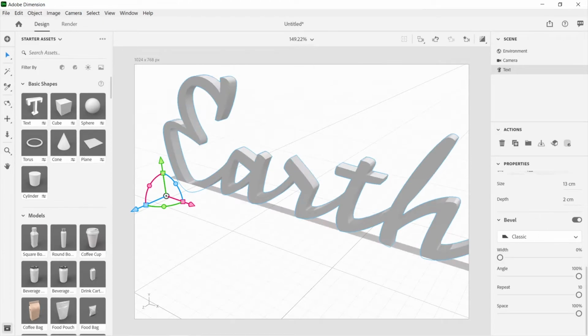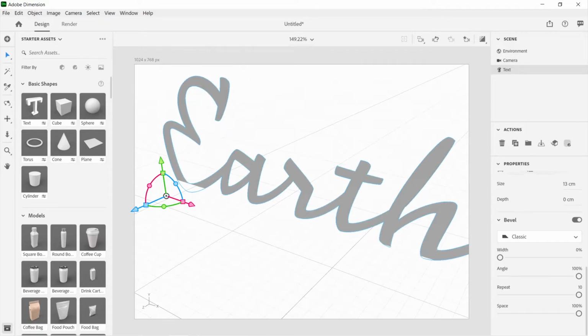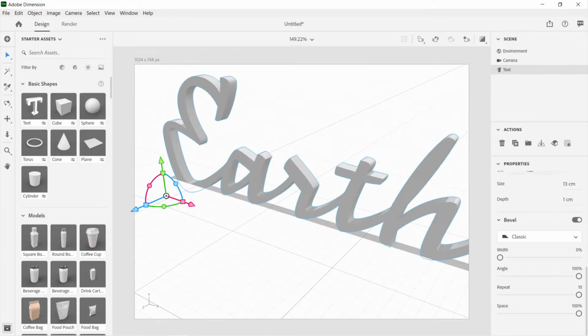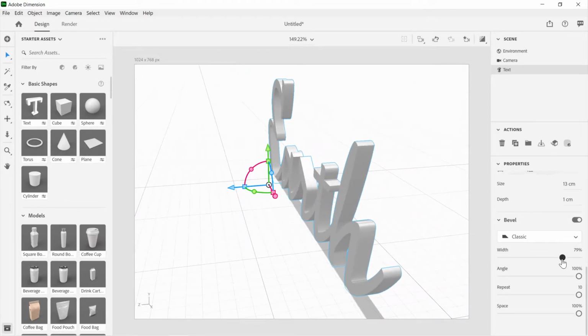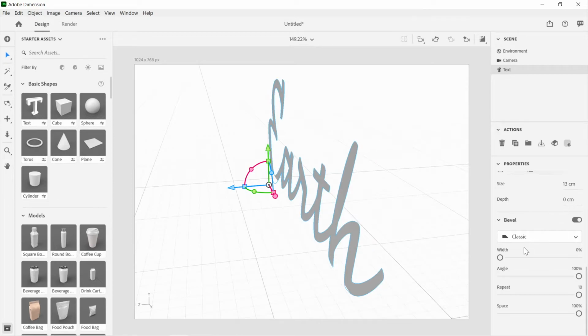So if I do depth 2, this is like a fundamental thing, depth 1, and then we do width. Wait, is that not changing? Why is that not changing then? It changed when I was at 0. Oh, no, it didn't. Oh, it's because the angle is 100. Let's put everything at 0 here. All right, so the depth, neither of these. So width,